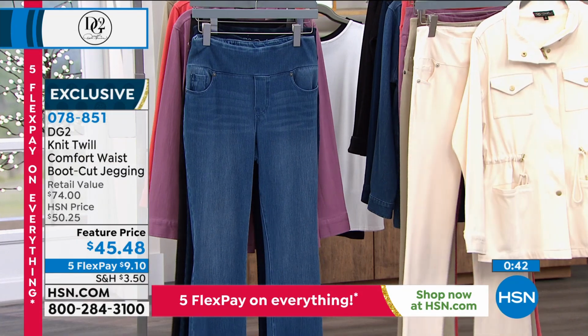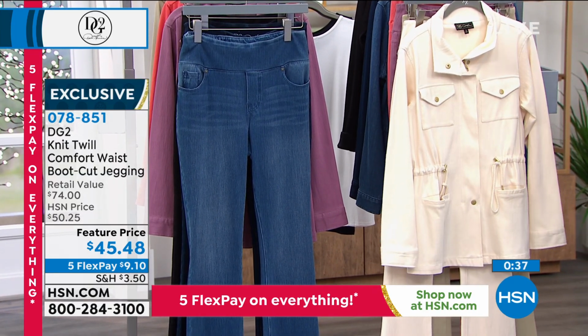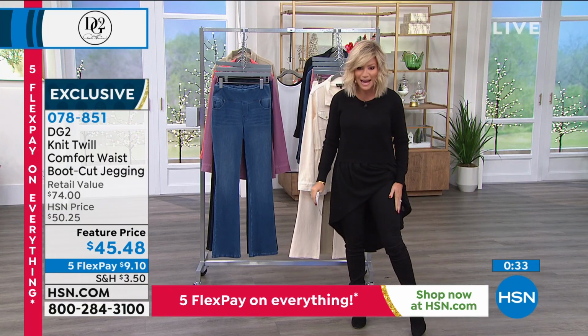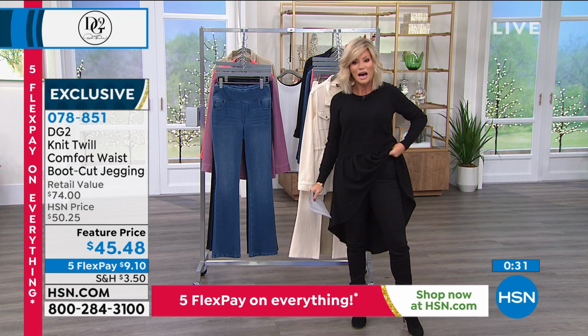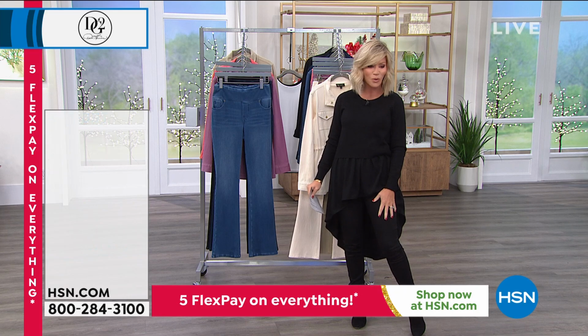Because look, we're gonna be talking about the cargo jackets next that are also on sale. Everything is on 5 interest-free credit card payments. It's $9 to get those home. A lot of you are still asking about my jeans. These are the flex stretch jeans. We'll go ahead and give you the item number for this. We're probably gonna give you another presentation at the end of this hour because